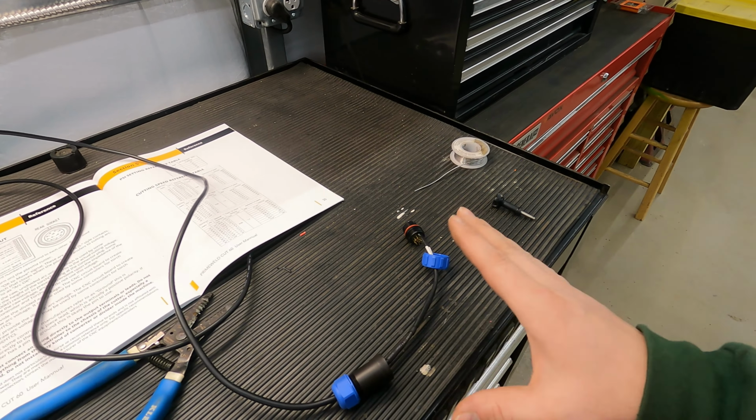I've got to finish putting this plug together. That's going to plug into the back of the machine. This is going to plug into our Langmuir computer on the side of the CNC table. And then